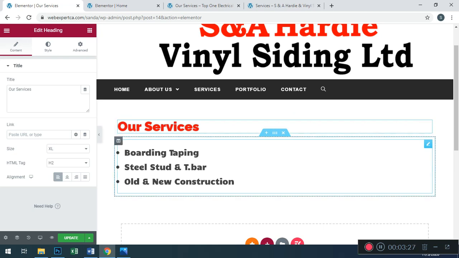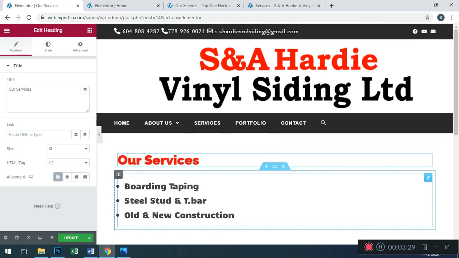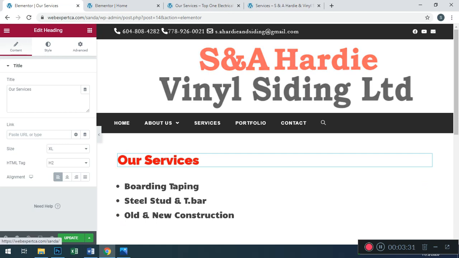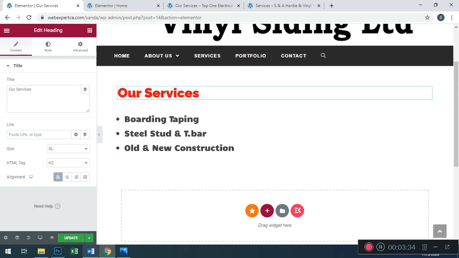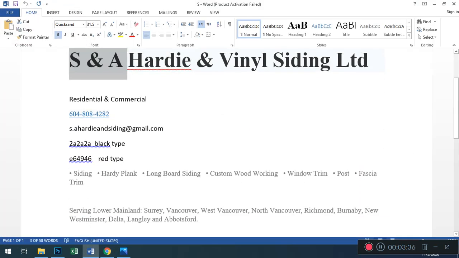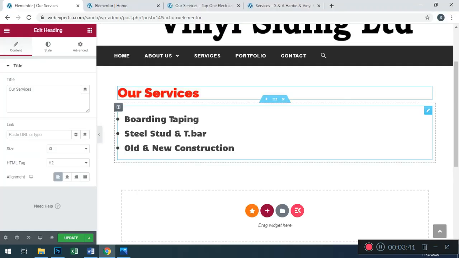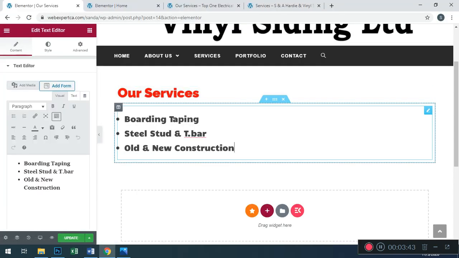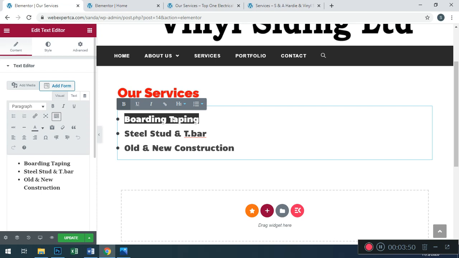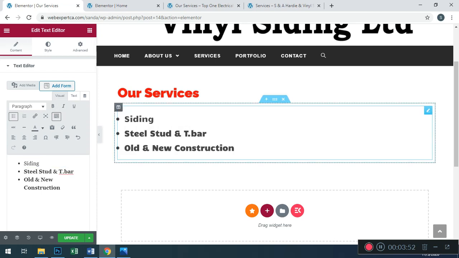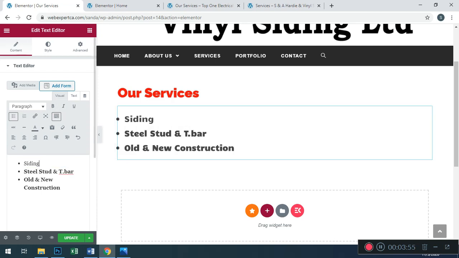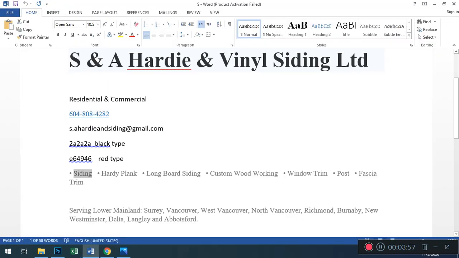I'm going to add all services of our S&A Hardy's Vanilley Siding Ltd company. First of all, I have written their services in my Word file. First of all, their option is setting. I am going to copy and press here and paste here. I enter here because all settings are already shifted here. Done. The next is hardiplank.